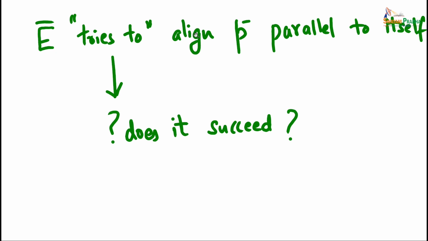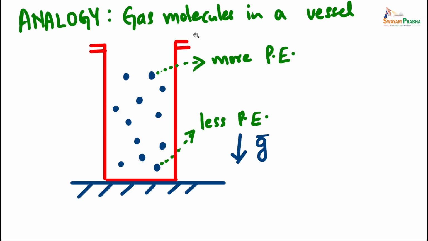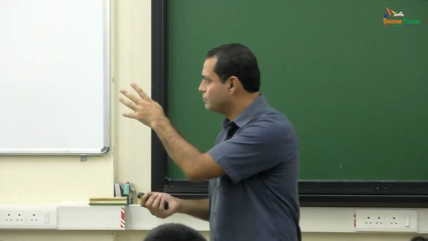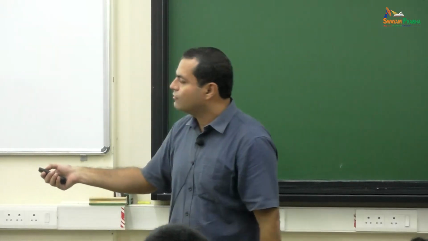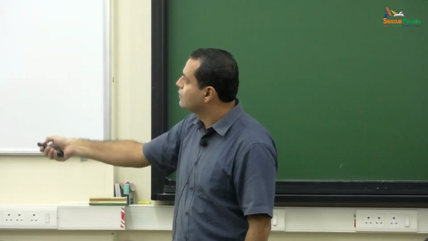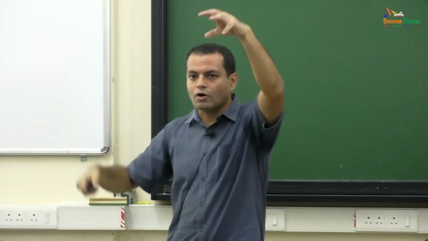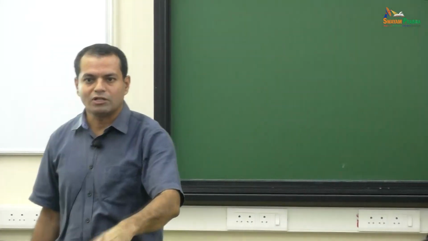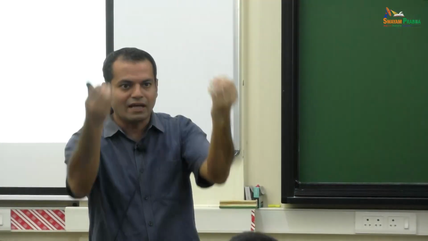Will it work? Do you think if you apply the field, all the dipoles will turn to the same direction? And how tiny a field should you apply so that all will turn to the same direction? Okay, so this is related to the concept of chemical potential. For instance, I will just mention a slightly different problem. You have gas molecules in a container and you have a gravitational field. Now it is clear that the ones at the top have more potential energy, the ones at the bottom have less potential energy. But they don't just fall like marbles.